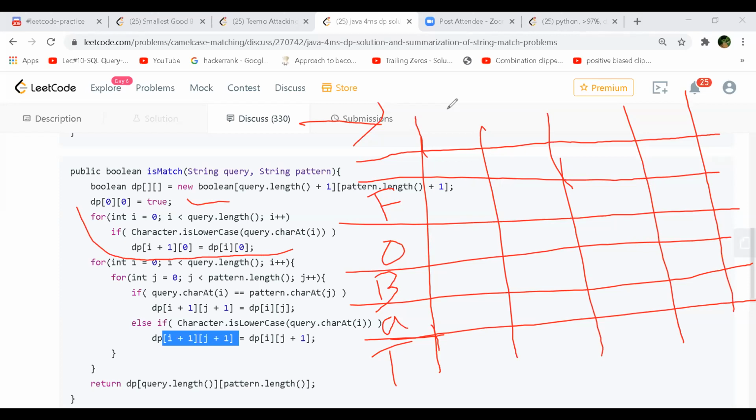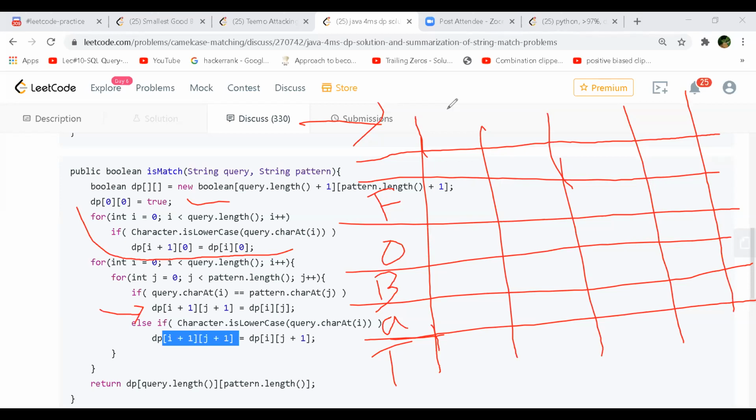So, but okay, even if it's starting from 0 0, if you look at the way he's handling the DP, he's going to I plus 1 and J plus 1. So he's not overwriting that, right? Yeah. So that's still okay. And then whenever he's comparing a query at a particular character with the pattern, if both of them match, then it's obvious that you have to take the diagonal one. Diagonal one, yeah. So he's taking the diagonal one.